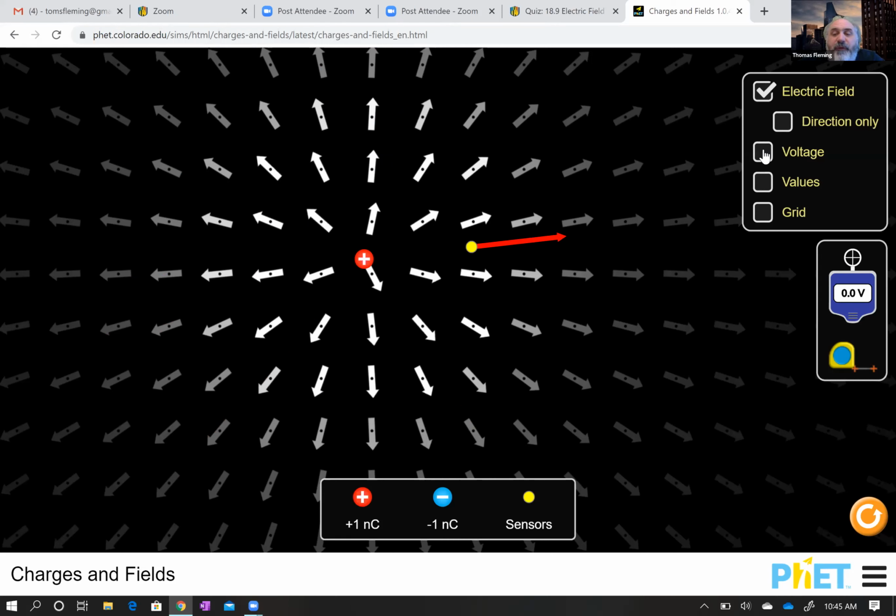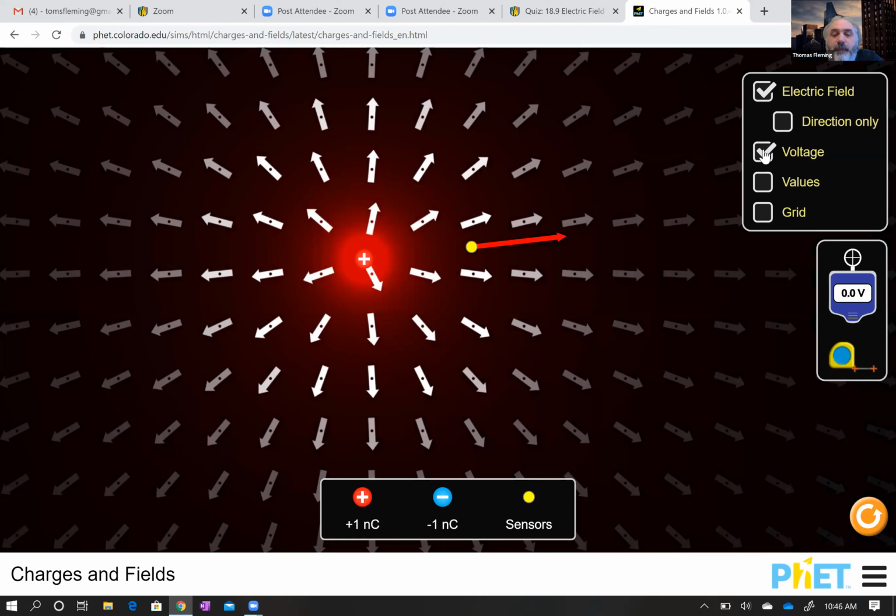So the sim will do that with color. You can see that when it's super, super bright red, the electric potential is really, really large and positive. But as it gets lighter and lighter and lighter, that's the electric potential getting smaller. Now, that's not super easy to determine because it's hard to tell how different this bright red is from this